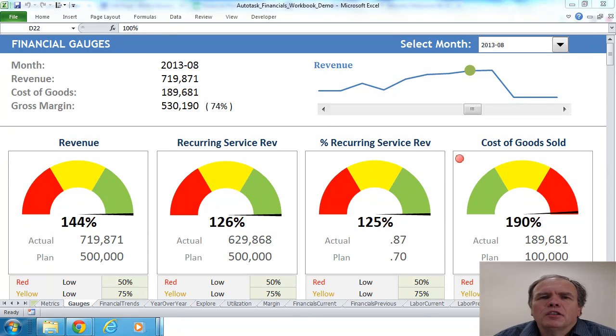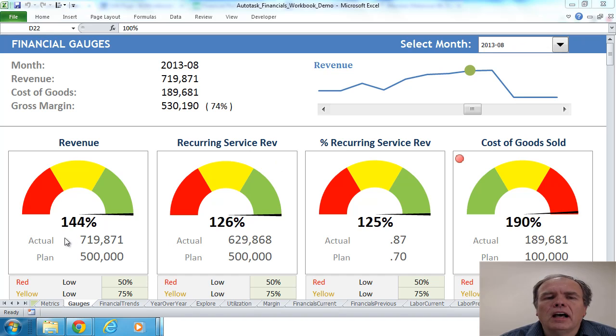Hi, with the launch of the financial workbook, one of the things we're introducing is gauges. These gauges on the gauges page show you where you are relative to your plan for specific items, either on a year-to-date or on the month selected criteria. So one of the things you'll see here in terms of a selection, like in terms of August, where I